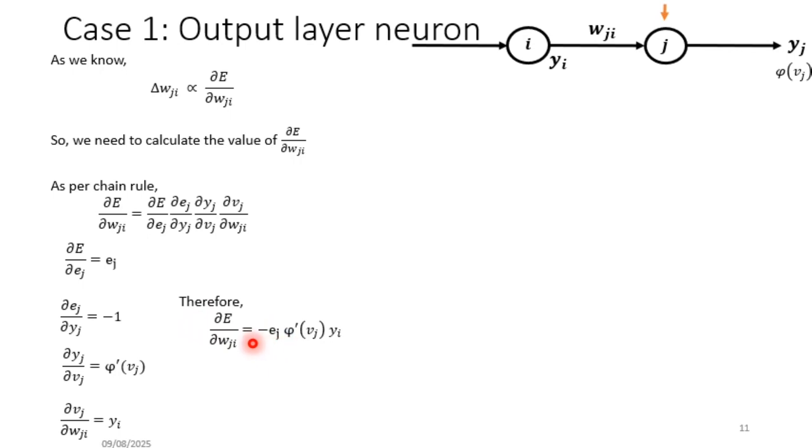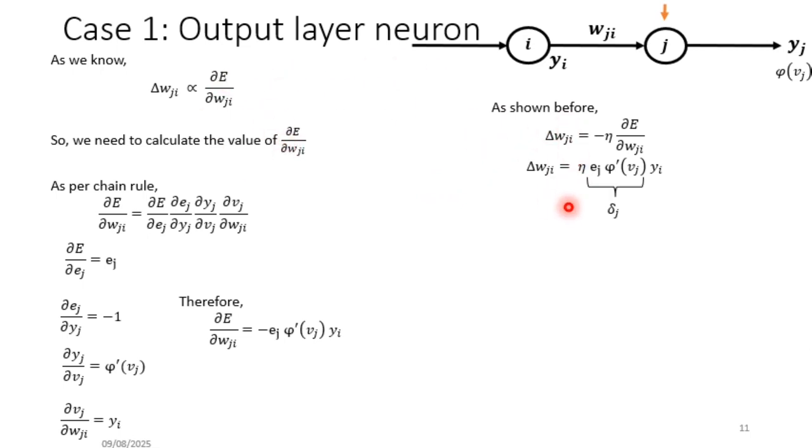Which is minus of Ej phi dash Vj Yi, right? And now, as we know this, we can easily compute delta Wji. We already know the learning rate; it will be given, or we choose the learning rate, and then we substitute this value. Minus minus got cancelled, and from here we can compute the new W, which is the old value plus delta W,